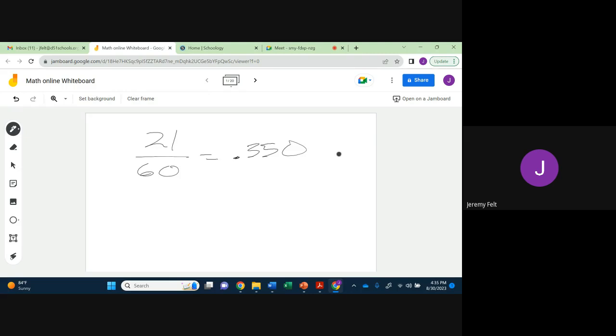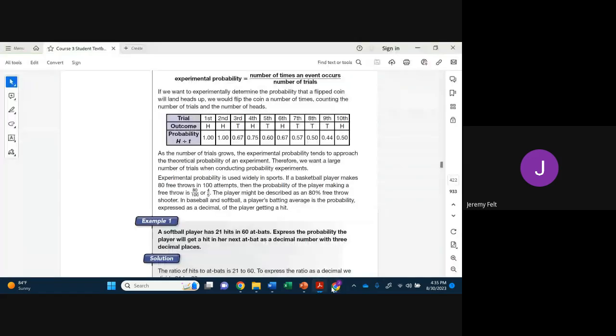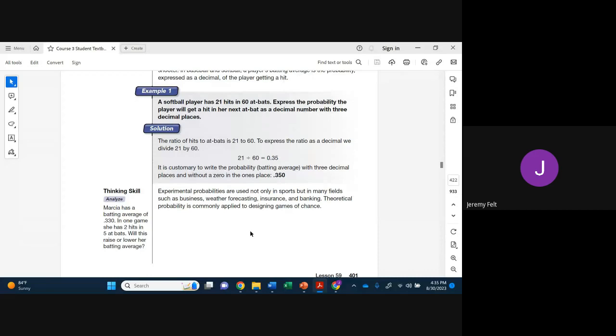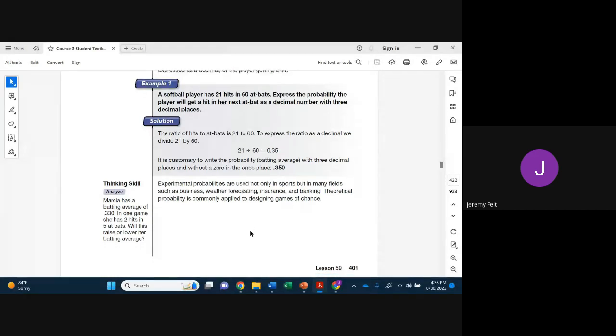Now, that doesn't mean that over the next 100 times she's going to automatically get 35 hits. She could get 20 hits. She could get 50 hits. It just depends. But this is the experimental probability off of the actual events that have occurred. Experimental probabilities are used in sports, but business, weather, insurance, banking, a lot of things because we want to actually